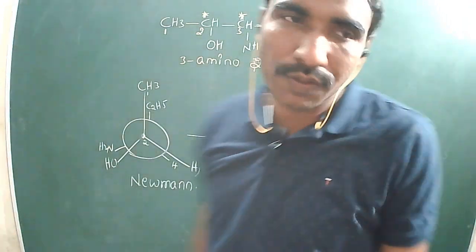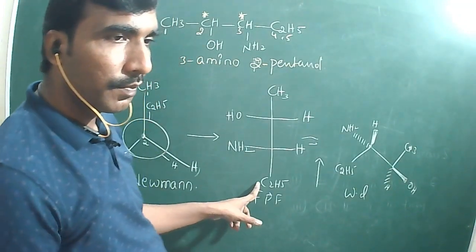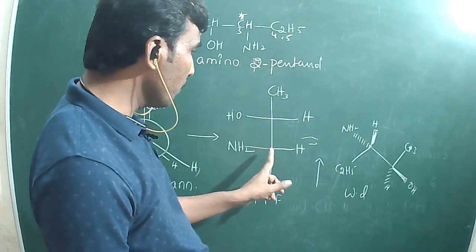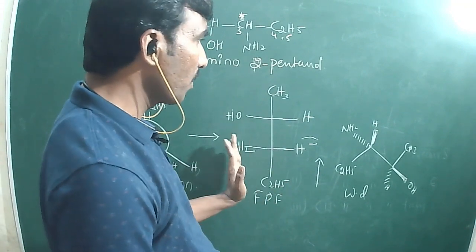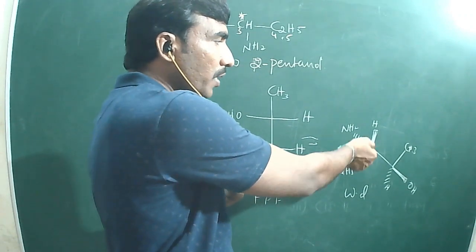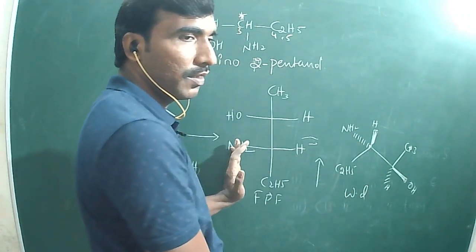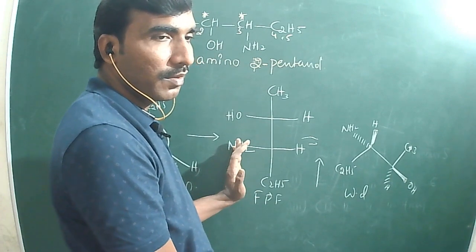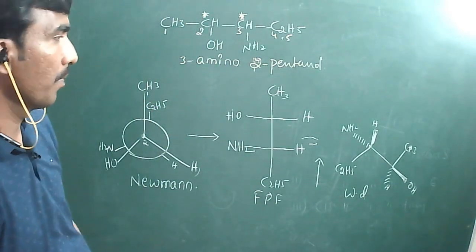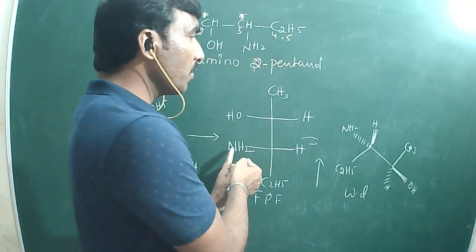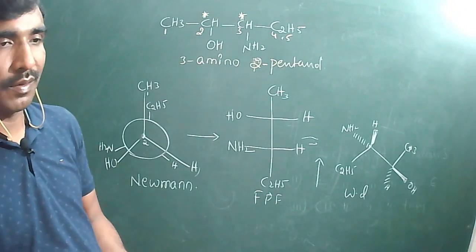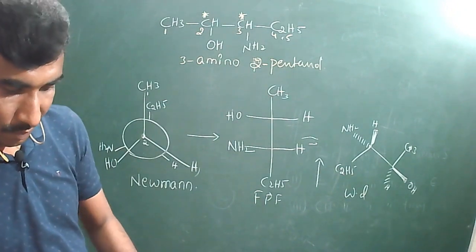So where do you start your journey? Here, C2H5, you are moving here. Where do you find NH2? It means the dotted line should be on the left hand side, because here I have the chance to write only on the left hand side, I cannot write on the right hand side. Understood? Then hydrogen, if it is on the dotted line, the hydrogen obviously goes on the thick line or not? Copied.